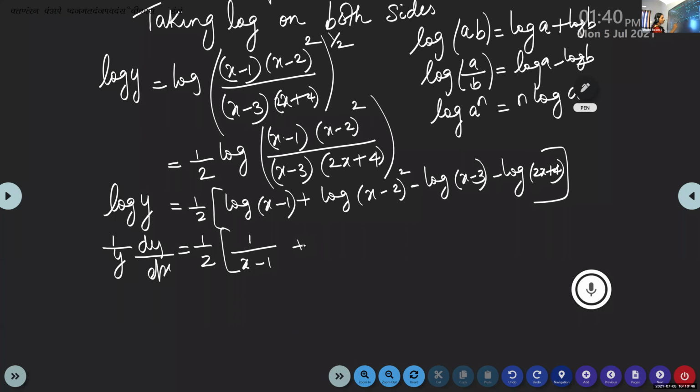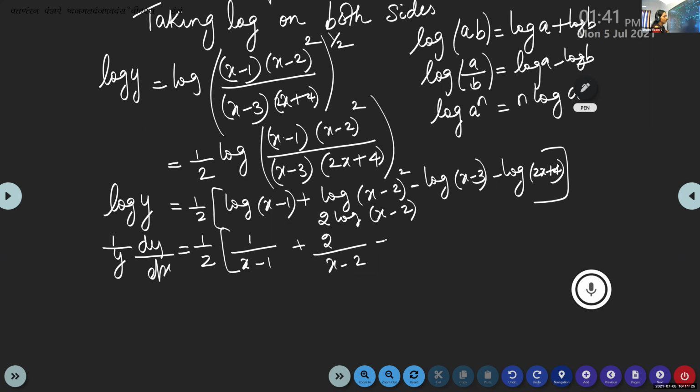Look at here again. Log of x minus 2 the whole square. We can write this as 2 into log of x minus 2, isn't it? Power, we can move it to the front. Now you differentiate. Priya, can you differentiate this term and give me the answer? 2 into 1 by x minus 2. Yes, 2 into 1 by x minus 2. Derivative of log x is 1 by x. And if you differentiate x minus 2, we will get 1. That's why we are not writing that term.